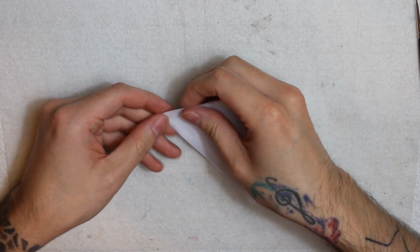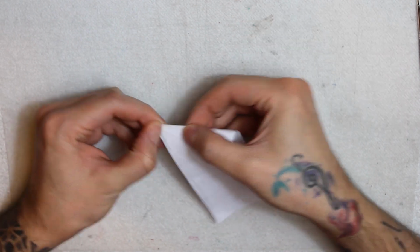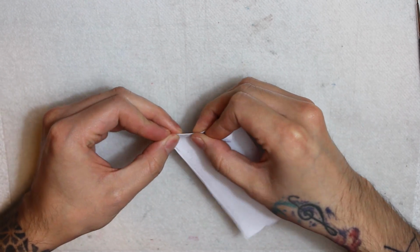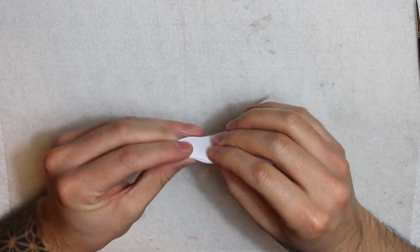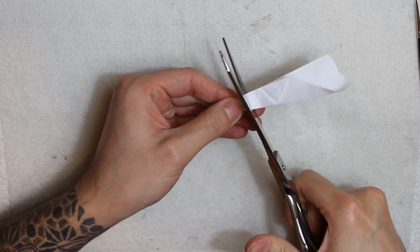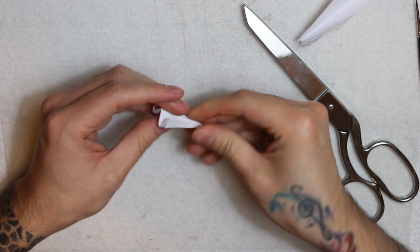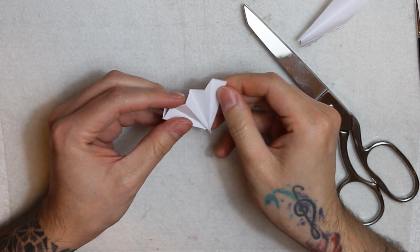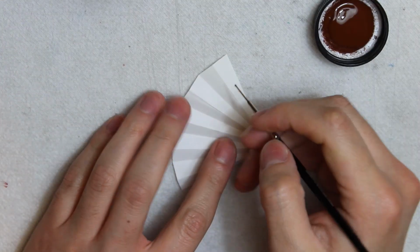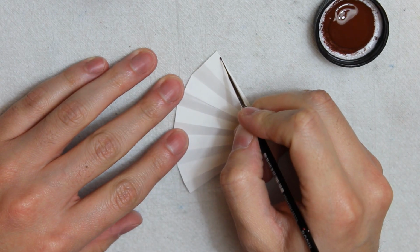To calm down those summer hot days, we need to create a sensu, or fan. To make this, I took a piece of paper, preferably from the corner, and began folding it, leading all the folds to the tip. Once done, cut the excess paper, unfold it, and there you go. Sensus sometimes have amazing designs, so to avoid having a lame white one, I'll stick to